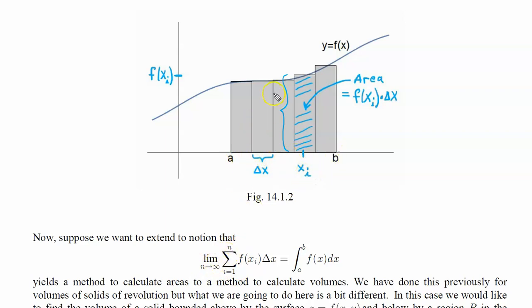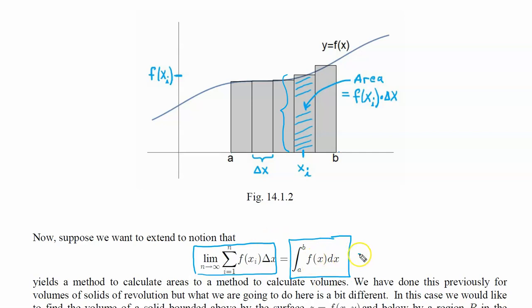So as n goes to infinity, these rectangles are going to get smaller and smaller, and they will fill in the area underneath the graph of this curve. And so we interpret this limit as being the area. That's actually what we interpret the area as equaling. The fundamental theorem of calculus tells us that this quantity in the limit will approach a single number L as long as f of x is continuous over the interval from A to B. And that number actually equates out to this number right here.